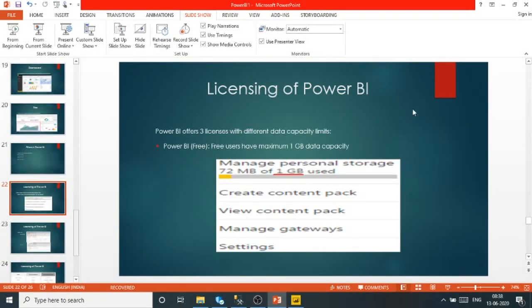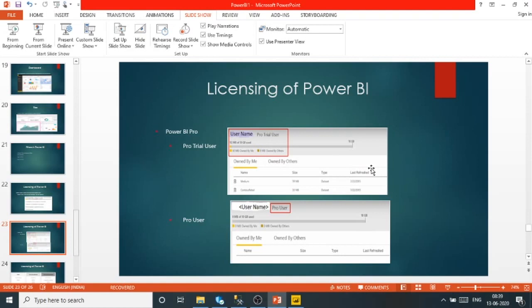So this is the licensing of Power BI. In terms of licensing, Power BI has been categorized in three parts: first one is Power BI Free, then Pro and Premium. If we talk about the free part, you can download Power BI Desktop, and you can log in from your school or company ID. You can activate a trial version. A trial version is applicable only for 60 days. After 60 days you need to purchase a license.